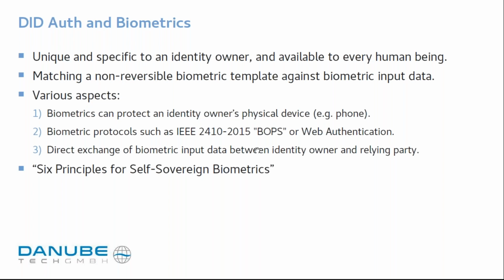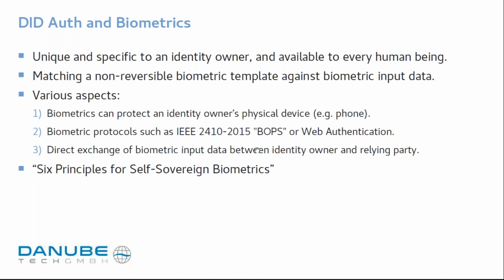So in theory, you could have a biometric template stored inside a DID document, and then in a DID Auth interaction, exchange biometric input data, so a fingerprint scan, with the relying party. The relying party could look up your DID document and then match your input data against the biometric template data that's in your DID document, and that would give you a way to perform DID Auth